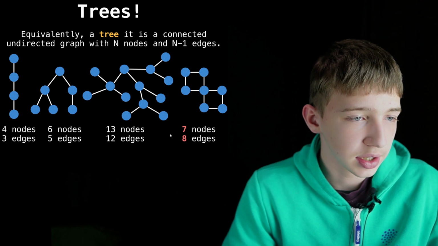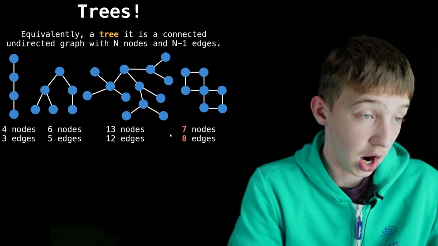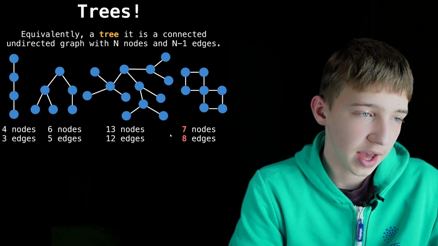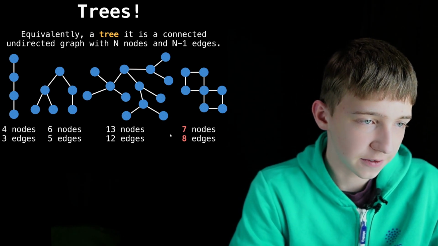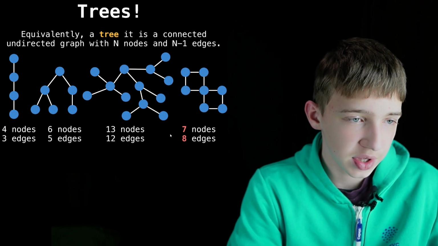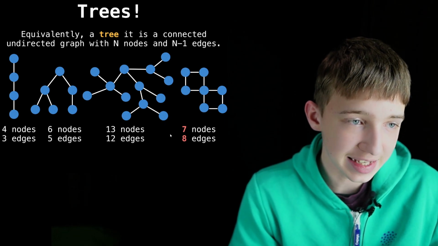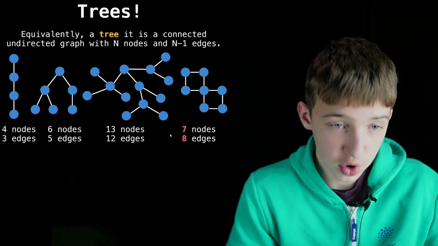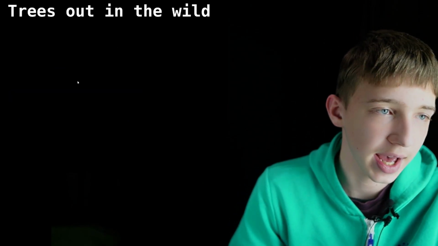So here each graph is connected. The first three are connected graphs, and they have 4 nodes and 4 minus 1, 3 edges, and so on, 6 and 5, 13 and 12. But the last one has 7 nodes and 8 edges, so therefore that is not a tree. All right, so let's now look at